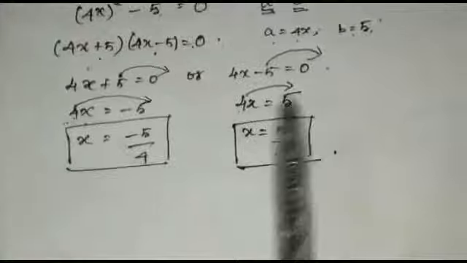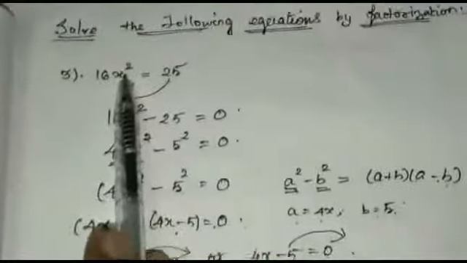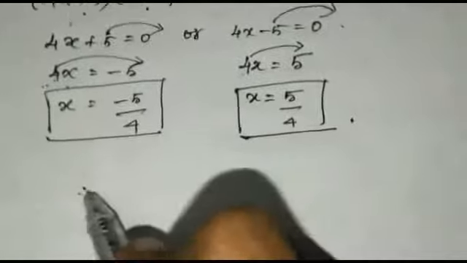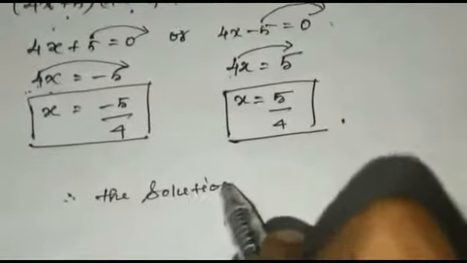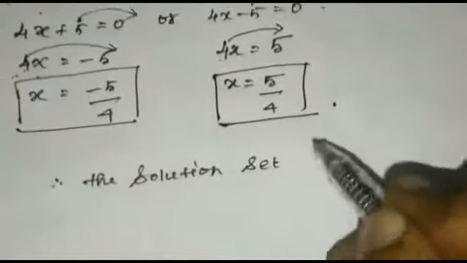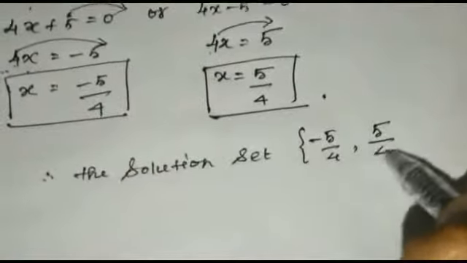So what is the solution set? For a quadratic equation, the highest power is 2, right? So we have two roots for the equation here. Therefore, the solution set is minus 5 by 4 and plus 5 by 4. Is it clear? So this is the problem I have solved